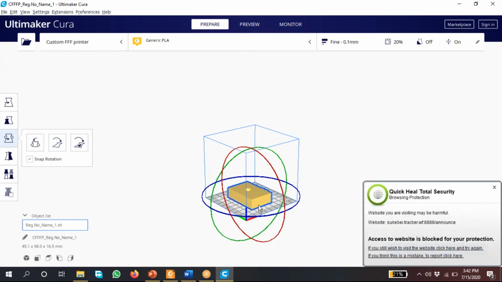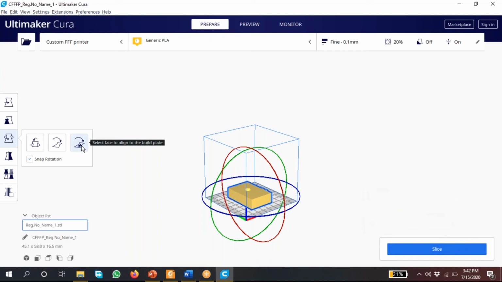Lay flat means it is completely flat. Select a face to align means you select the face, then it will align that face to the build plate.